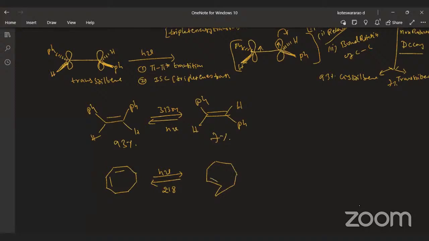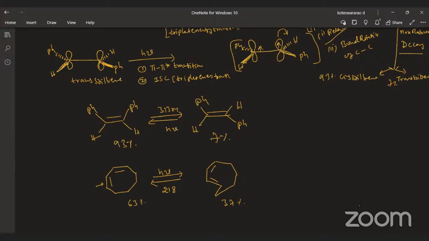Here, this double bond will undergo isomerization that leads to the formation of the trans isomer. That is up to 37% at the photostationary phase and 63% is the other. Right. Similarly, if you take